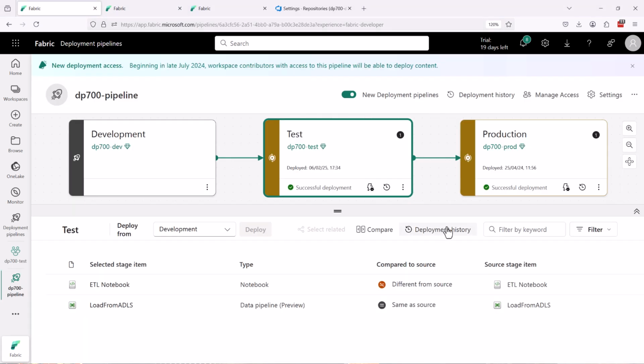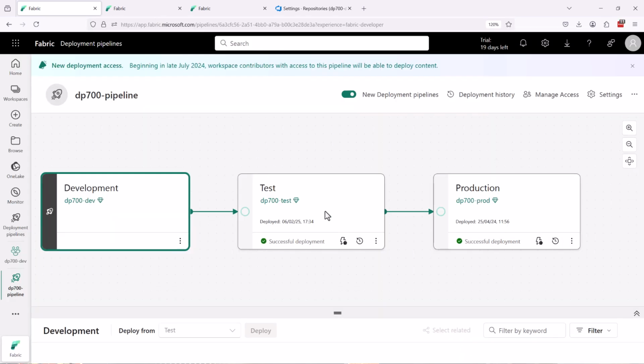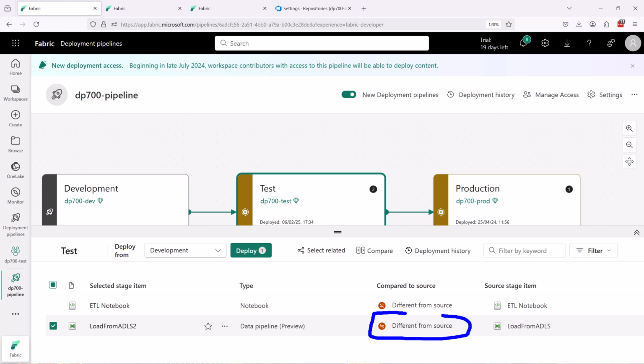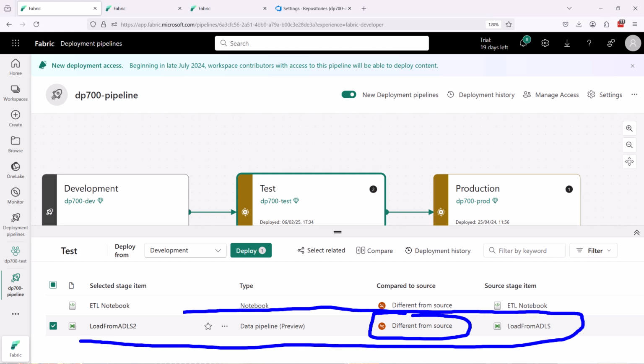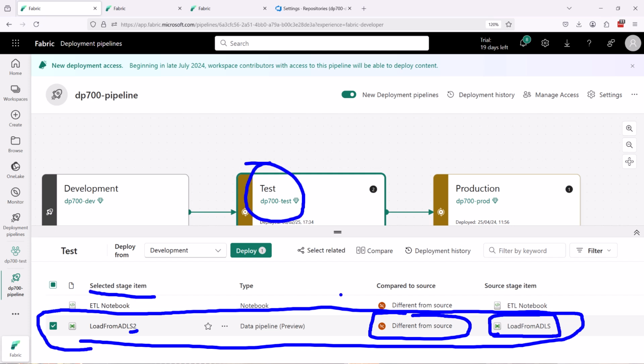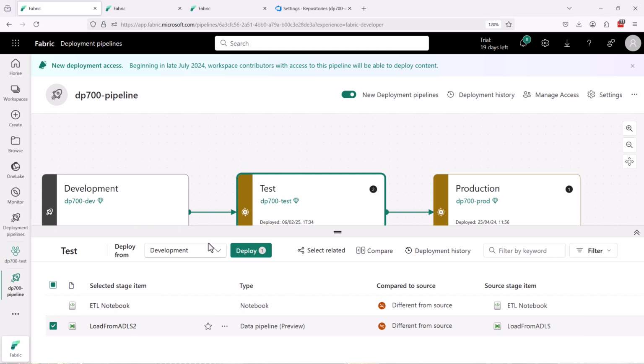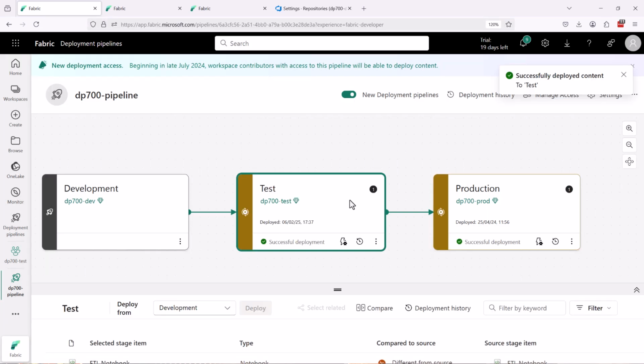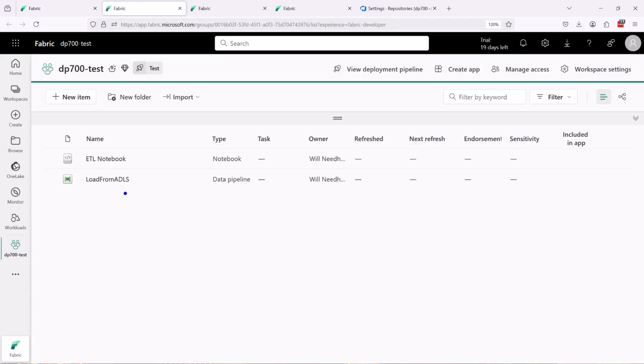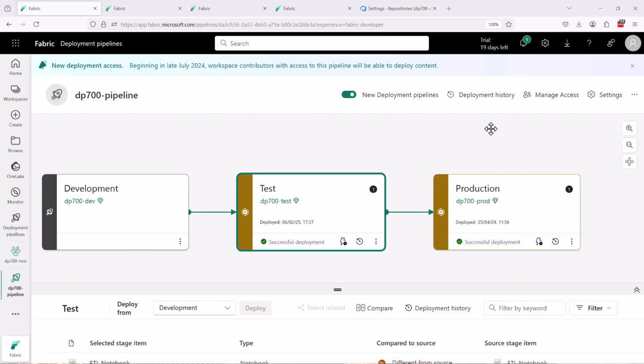If we go back to our deployment pipeline, even give it a refresh, it's not going to break that pairing. It's going to say different from source, but they're still on the same line, which indicates that they are still paired. So when I deploy again from development to test, it's going to overwrite. We're not going to have 2 copies of that data pipeline in there. It's just going to overwrite it like that, okay? Which is what we want. Okay, that's pretty much everything I wanted to show you for deployment pipelines. Let's move on to